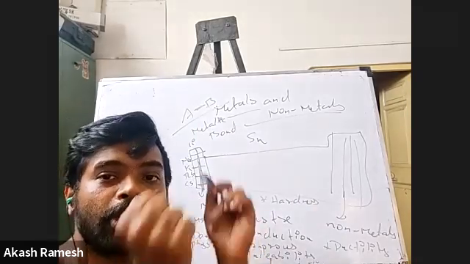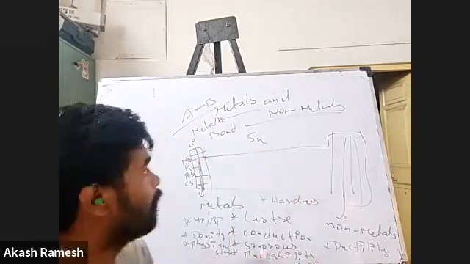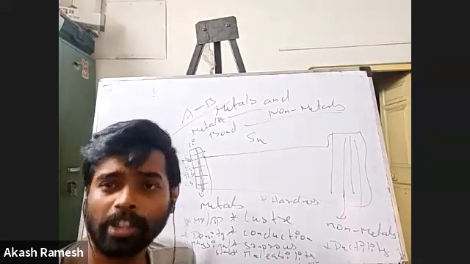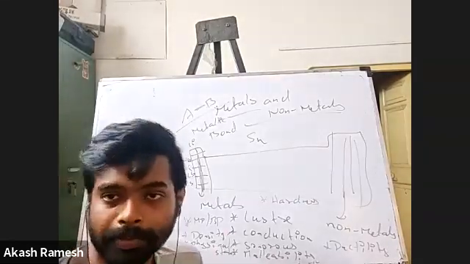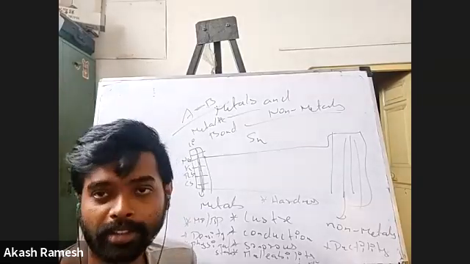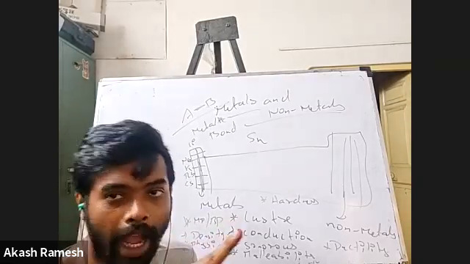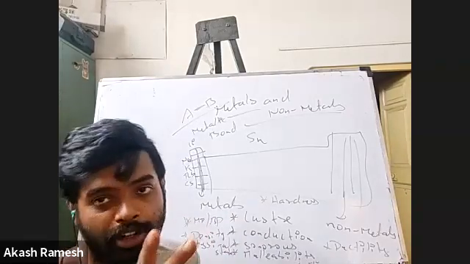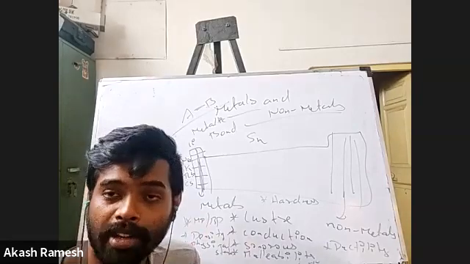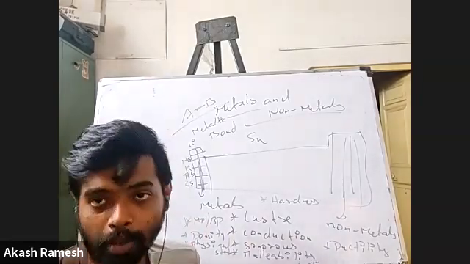So they are existing together. All these atoms exist together in a structure with the help of these metallic bonds. Metallic bonds are very strong bonds. Generally, ionic bonds are the strongest. Take sodium chloride, Na plus and Cl minus: a cation and an anion, held by electrostatic force of attraction. We know positive charge attracts negative charge. Unlike charges attract each other.